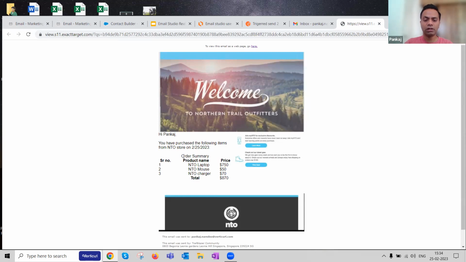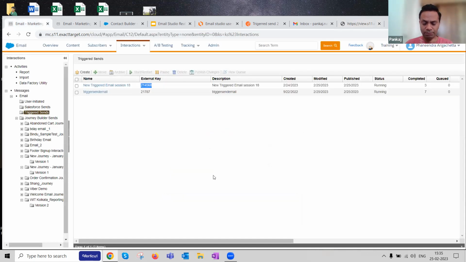Now these particular details should come from those APIs, which I haven't done in the brevity of time, but certainly all these details should come from there. As a marketing system, I don't know what orders, what products have been purchased, what the prices are; everything resides in the e-commerce system, or Magento in this case. But the crux is that we have done all three parts of the use case: triggering from an external system, Magento/Postman, creating a definition and triggering that definition, and then sending the email to that particular customer. In this case, it's me. I put my email address over here.